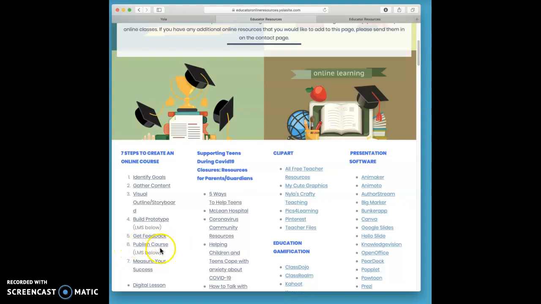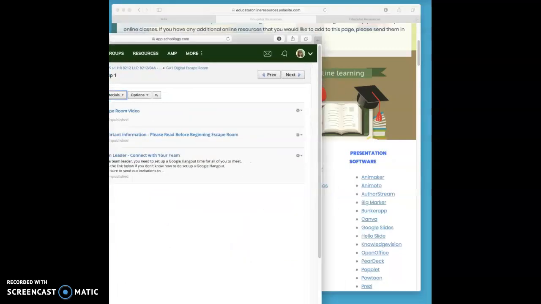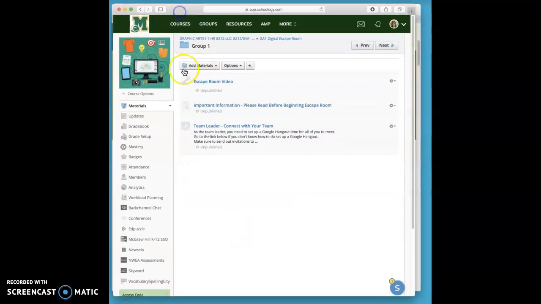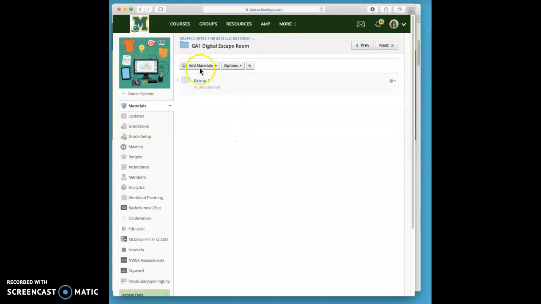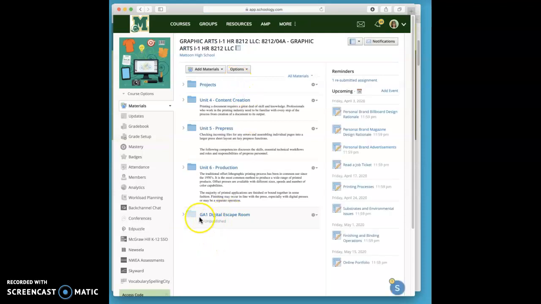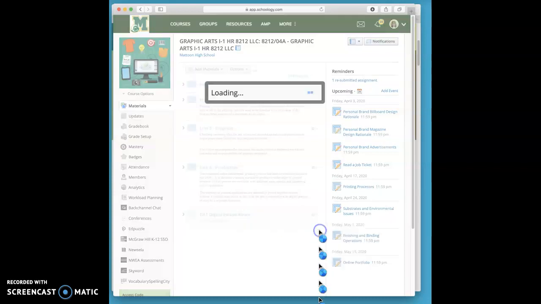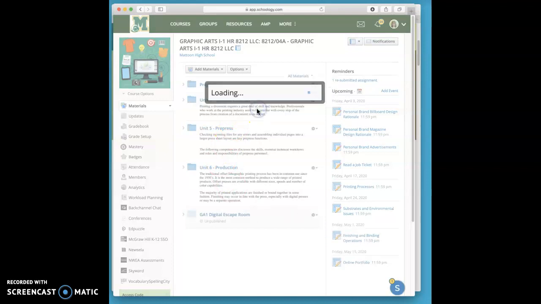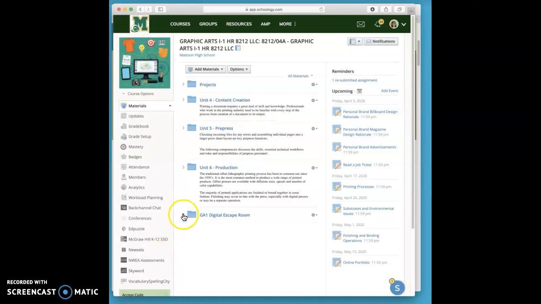This is step 6, publishing your course in your learning management system. So what you want to do is go to your learning management system. And if you already have your course, so for this one, I'm doing a digital escape room as one of my assignments, trying to do stuff online. Right now it is unpublished. So when I'm ready to publish it, I just go on the right hand side here where the cogwheel's at and hit publish. And it says, okay, you want to publish it, and then it's going to open it up,